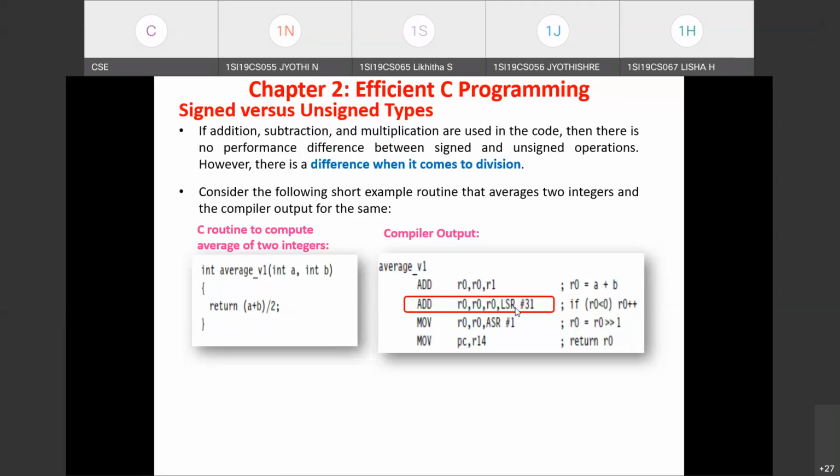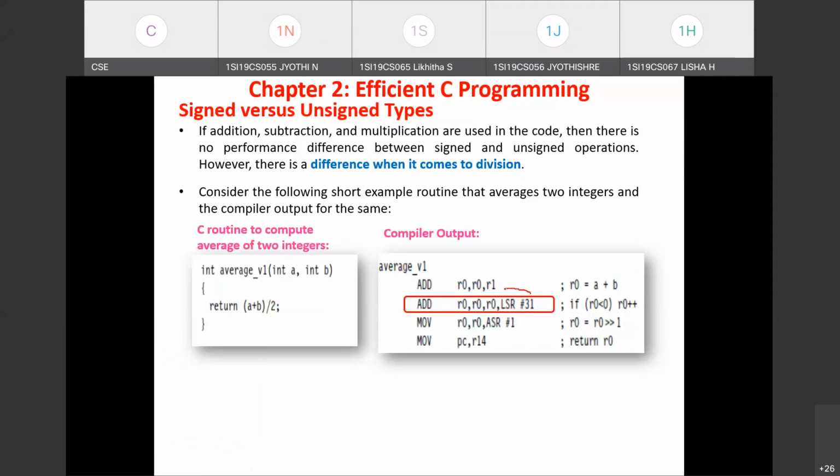What it is doing is adding 1 to the result of addition, and that result is arithmetic right shifted one time. So how is it performing this operation? Just see, r0 content is taken. What does r0 hold? It is the sum of two input integers, and we are performing logical shift right 31 times. So if you get a negative result after adding the two numbers, what will be the sign bit? Can anyone tell what will be the sign bit if you get a negative result?